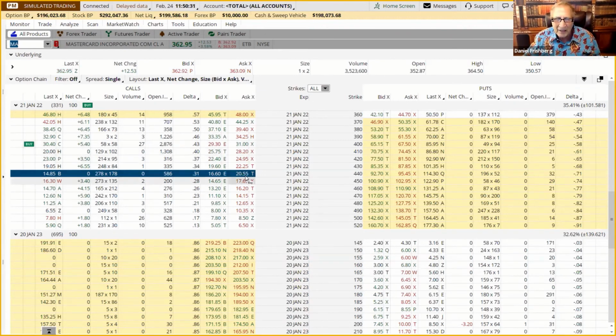But you're going to pay a little more for Kathy Wood than you would have a month ago, because Kathy Wood is becoming a rock star right now. And now everybody's writing about Kathy Wood. But Kathy Wood's not into MasterCard at the moment, I guess. And so we're getting this option for 5% of the price of the stock. That's good. I like it.